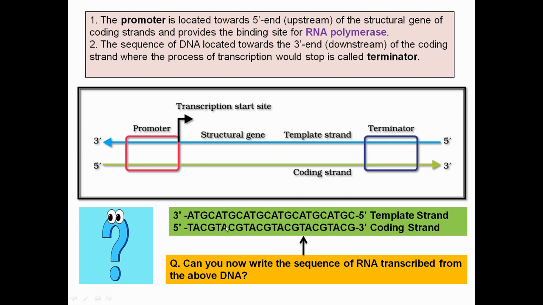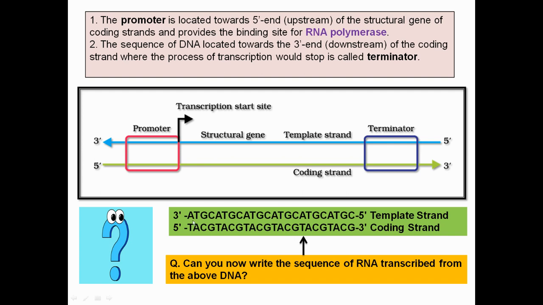As you can see, a hypothetical sequence is there, and here is the coding strand and here is the template strand. Now you have to tell the sequence of RNA which is going to be transcribed from the above DNA. You can see that transcription is going to happen at the 3 prime to 5 prime strand, because DNA dependent RNA polymerase is going to work only in one direction, that is 5 prime to 3 prime. Okay, so this is your template strand, and